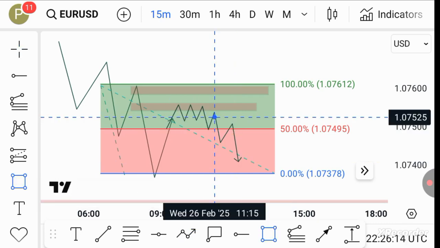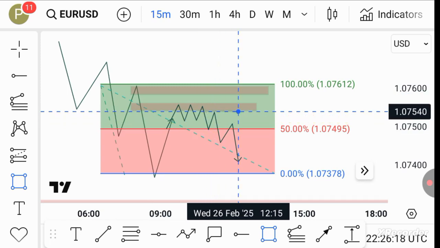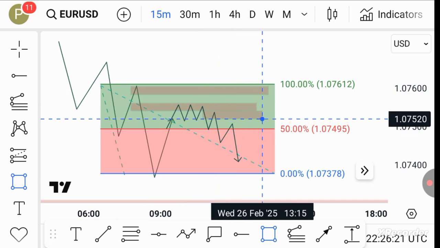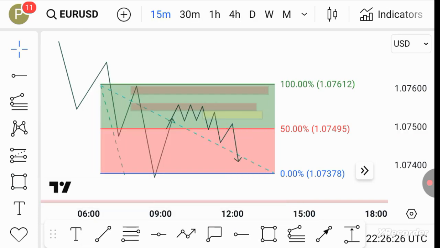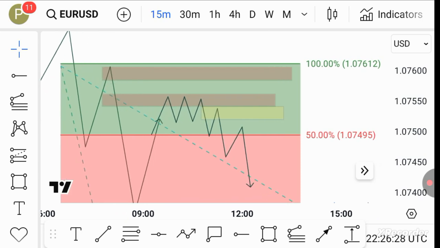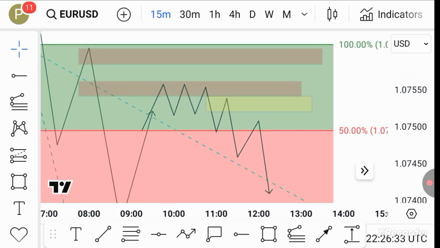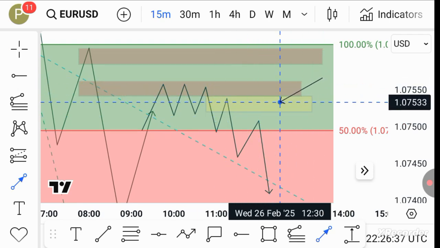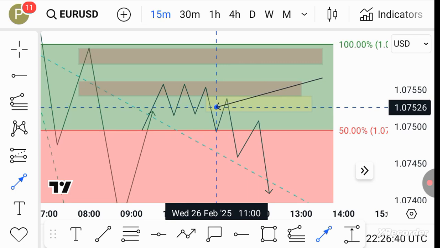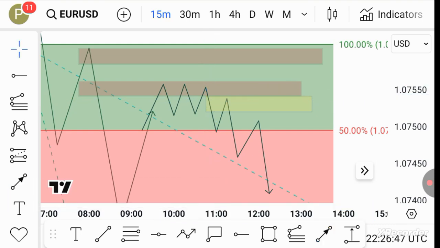So you're likely to see a fair value gap on a more lower time frame within this zone here. I colored it yellow. Can you see this yellow rectangle box? You are likely to see a fair value gap within this zone here on a lower time frame,